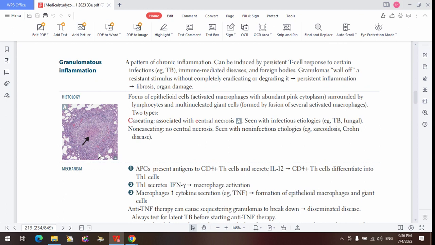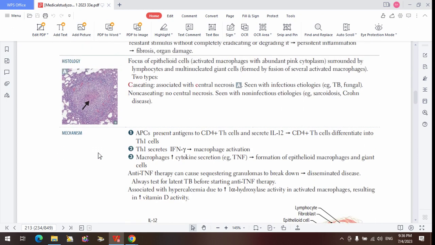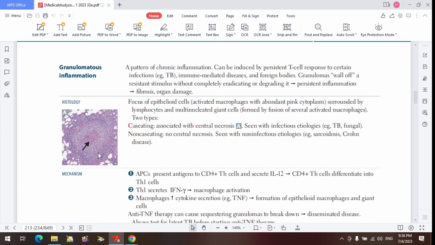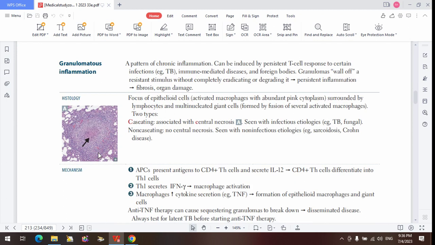Now, let us talk about what can incite them. Let me just mention it again. Infections like tuberculosis and fungal infection can cause granulomatous disease. Immune-mediated diseases like Crohn's disease, like sarcoidosis, like